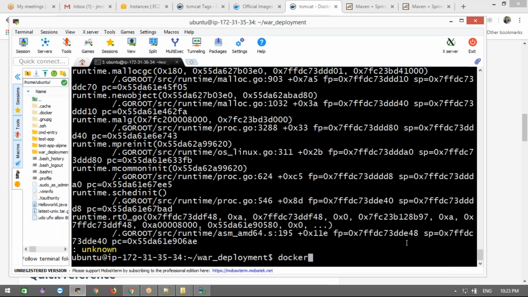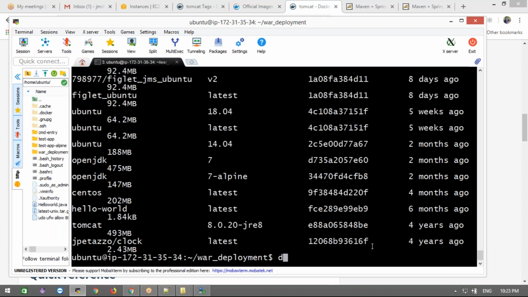Okay. Now what I will do, let's take Docker images. Docker RMI. Let me remove some of the images.